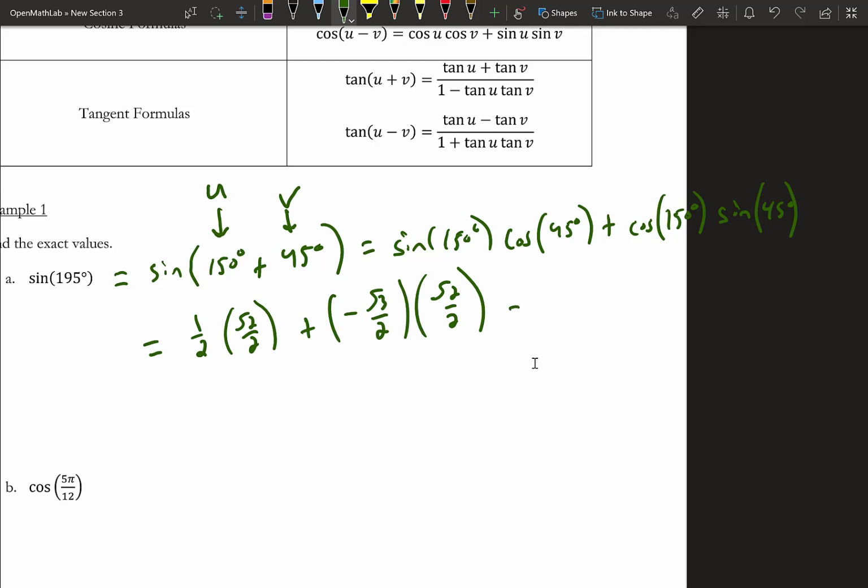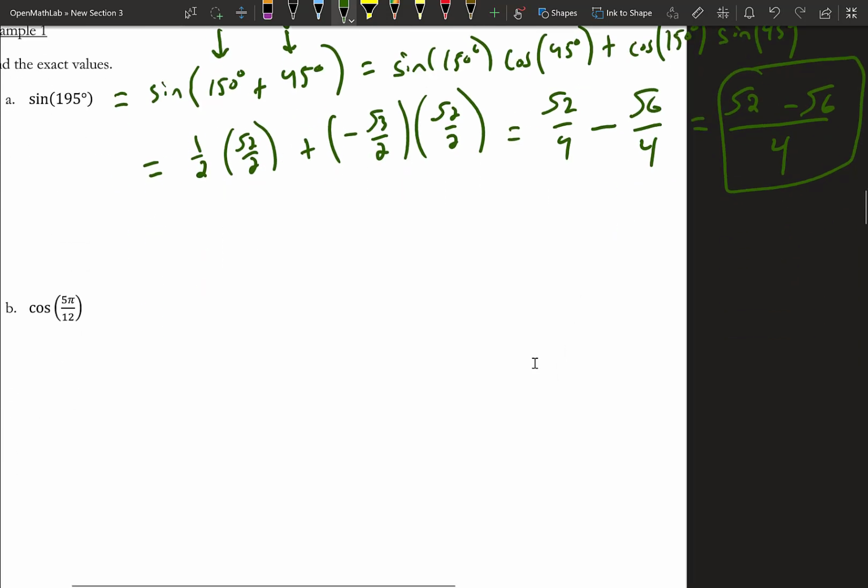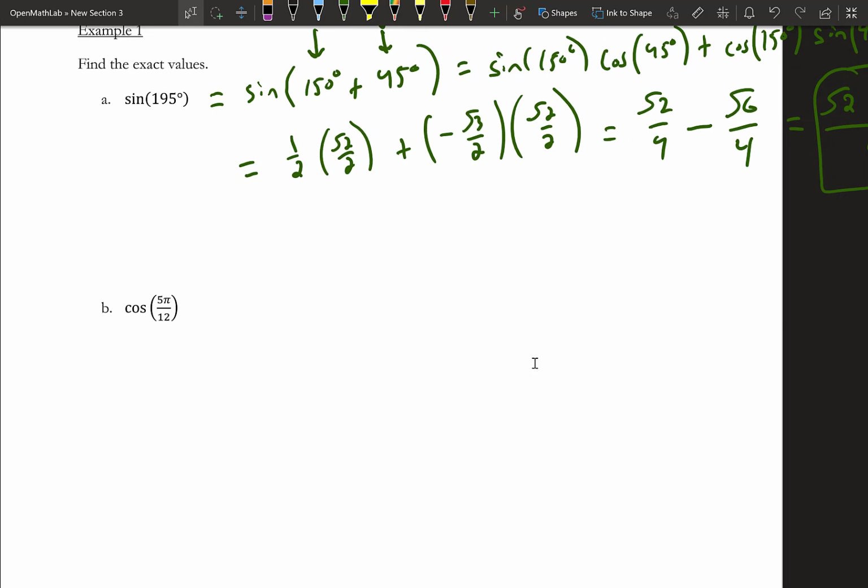So then what we end up getting is radical 2 over 4 minus radical 6 over 4. And then I can combine these two fractions, right? Subtract these two fractions, we get radical 2 minus radical 6 all over 4. Right? And I'll just leave it like that. So that's the exact value, right? So then, cosine of 5 pi over 3,